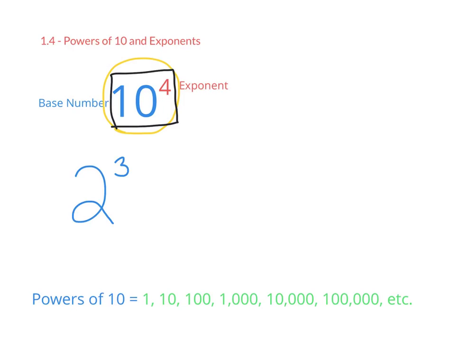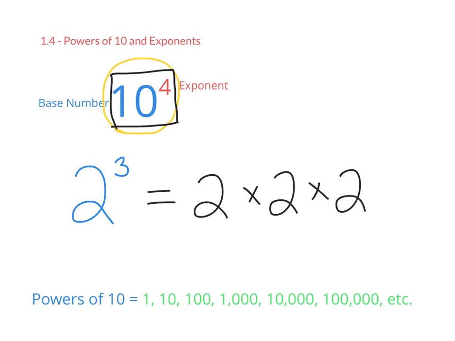And 2 to the 3rd power means that we're taking our base number of 2 and we're multiplying it 3 times. So 2 to the 3rd power is equal to 2 times 2 times 2, and 2 times 2 times 2 is equal to 8. So the base number is always the number you're multiplying, and the exponent tells you how many times you're multiplying